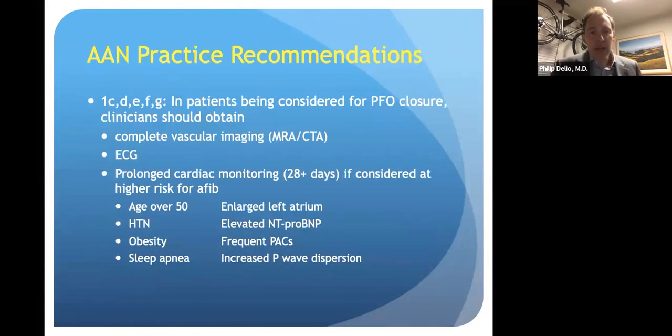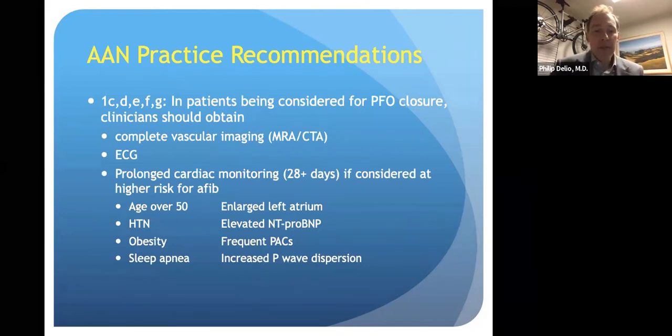The AAN Practice Recommendations suggest complete vascular imaging and EKG, and what I think is important is prolonged cardiac monitoring, particularly in the individuals mentioned here below: patients over the age of 50, patients with hypertension, patients with obesity, sleep apnea, anything that you think would result in structural heart disease that could potentially put them at risk for occult AFib. Those are ones where we would want to consider maybe longer duration of monitoring, perhaps with a loop recorder